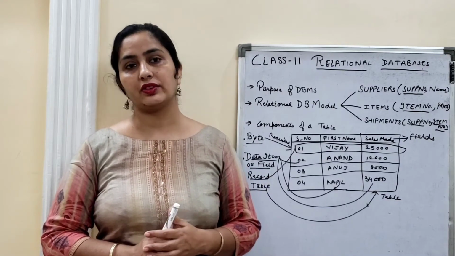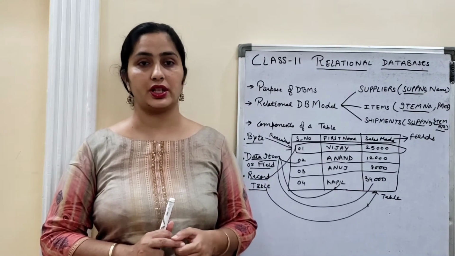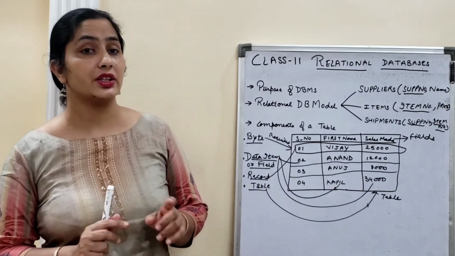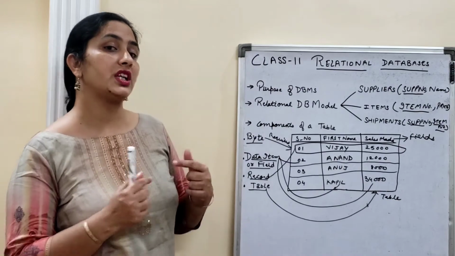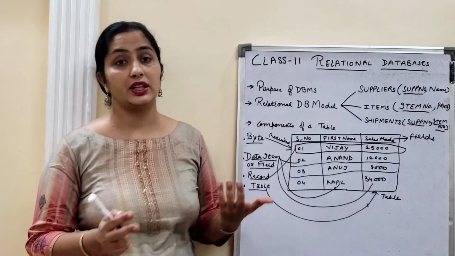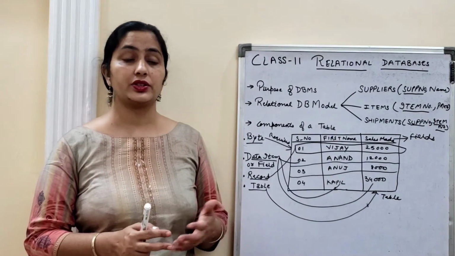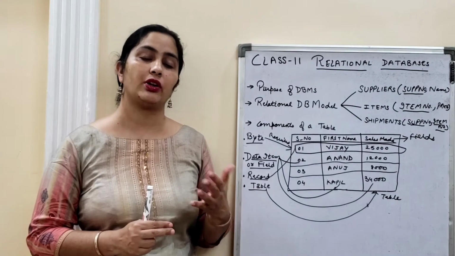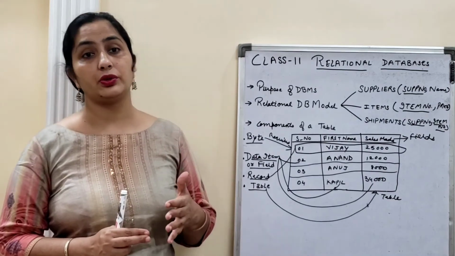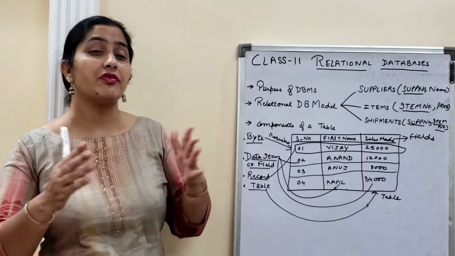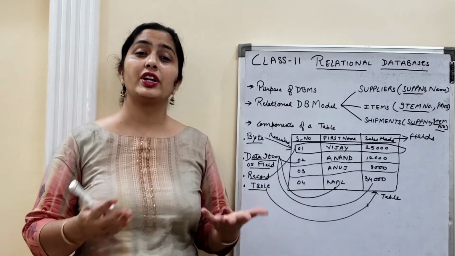Here I would like to give an example of Google search engine. Whatever keywords you are writing in the search criteria, according to those keywords, Google is going to search it. Where? In its database. So when it searches the related keywords, according to that, it will give you the result of your search. So it is stored somewhere in the database. Now, where is that database?